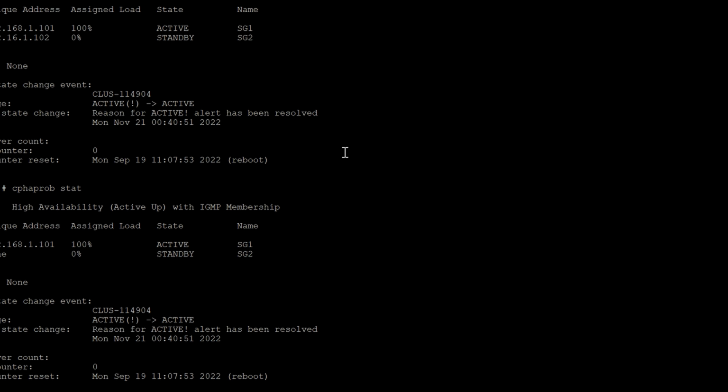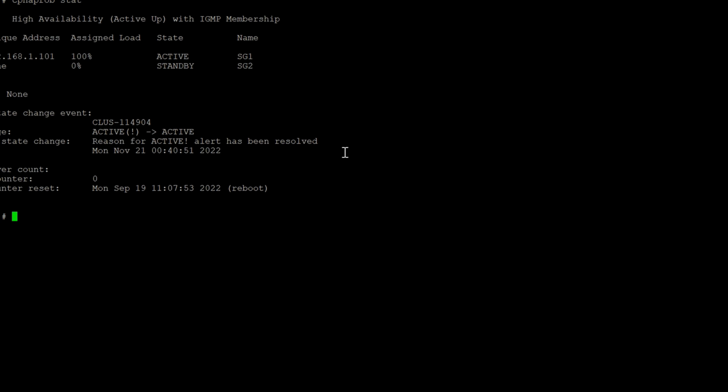This is a VM environment, and maybe it's a software bug or maybe some other issues. But at the end of the day, our cluster HA is formed and